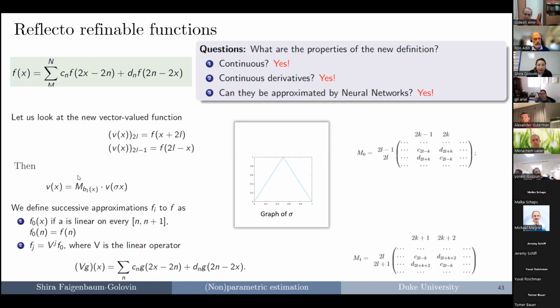And we multiply that, where the M are the Cn's from our original equation, by the V, the vector valued function, in the previous iterations. Like we had it here before, f of 2x minus 1, or f of 2x minus 2n, and so on. That's how we define those V's. So now that we have this refinable process defined in a matrix form,